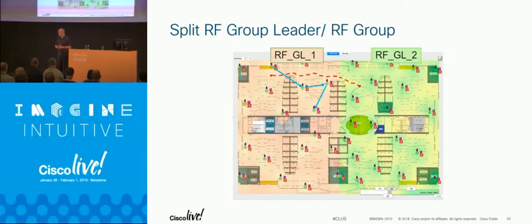The downside is if your roaming path is between the two of those, your 802.11k and V neighbor messages are not going to reflect that, because that group on the right is one group and the group on the left is another group, and those APs do not know each other as neighbors. In fact, they used to show up as rogues until we invented the mobility group, and the mobility group is what keeps and suppresses rogue messages from your own APs. So just be aware of that.